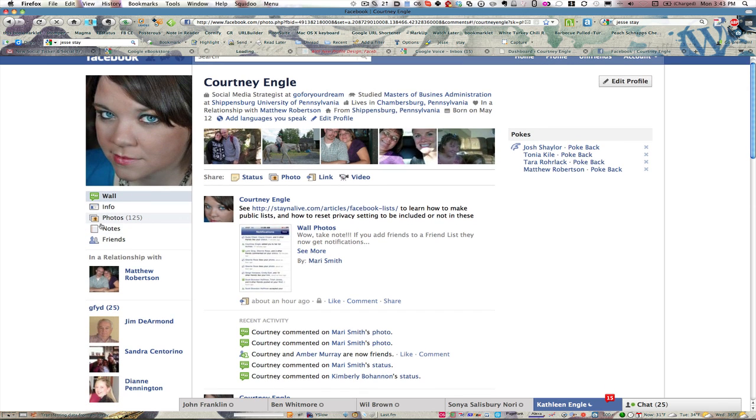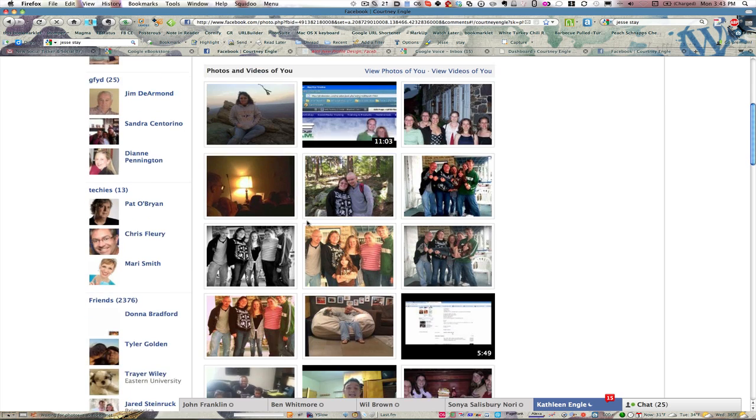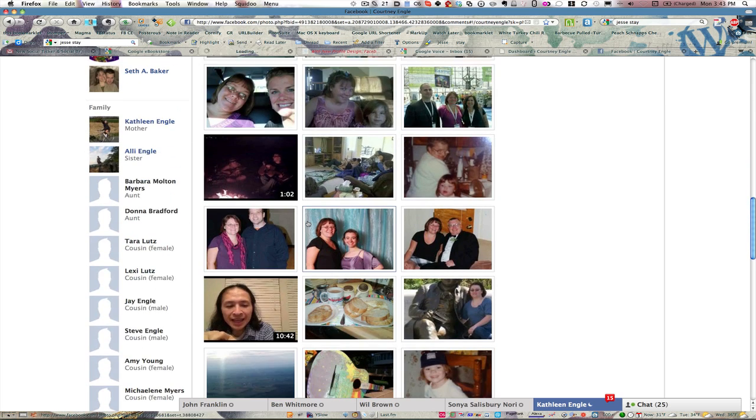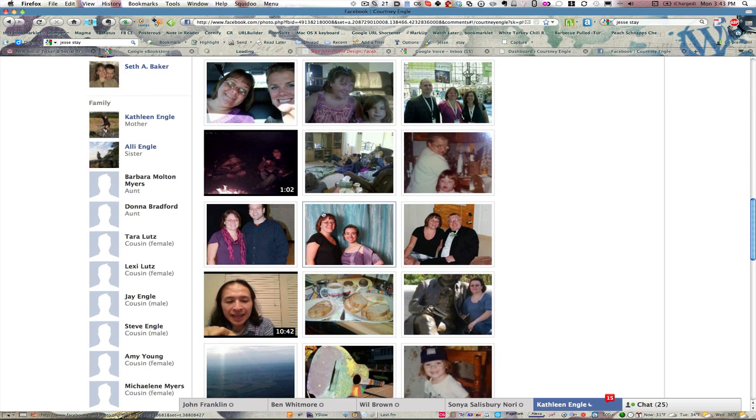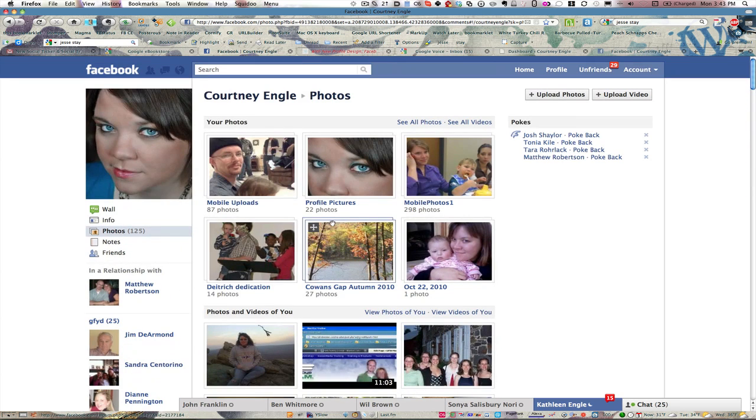And the last thing is under photos, you see the photos will now display similar to how it displays on the main photos page of the rest of Facebook. If I keep scrolling down, you'll see a mixture of photos and videos that I am tagged in over the years. So that's all information that's there. That's the gist of what's going on different inside of a profile on your own side.